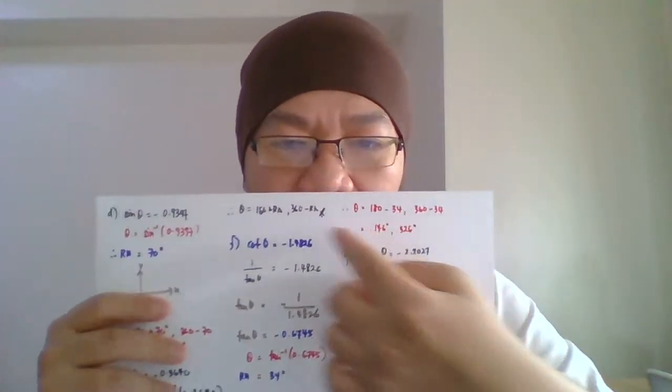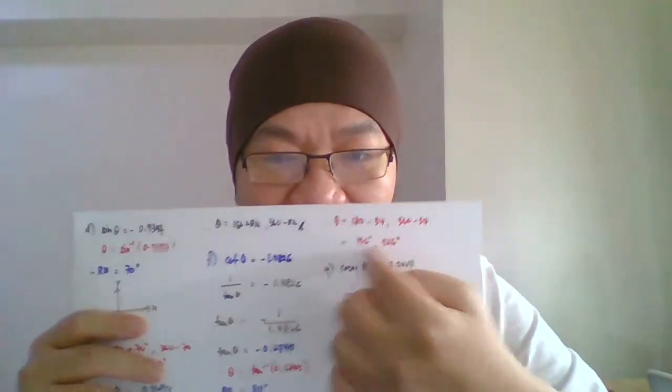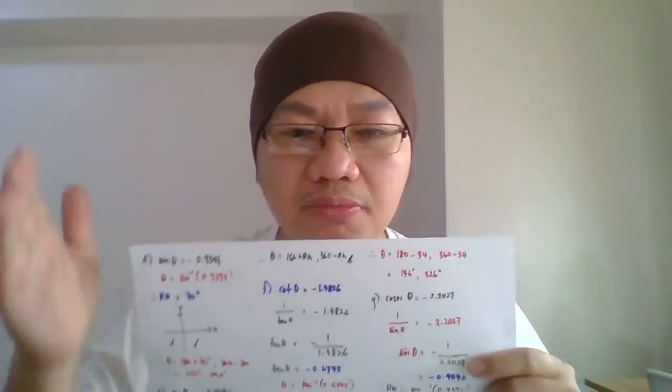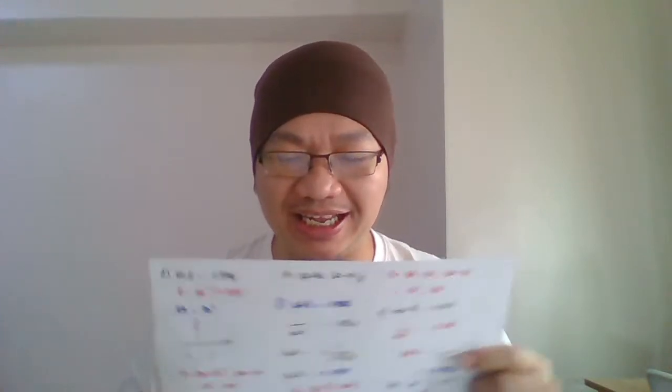I lupa nak remind korang. Jawapan. Okay, if you look at all my answers here, I always put the degree. Final answer I'm talking about, final answer, degree. What will happen if you forgot to put degree at your final answer? Sometimes people make mistake, not because they don't know, but actually they know. Cuma mereka make a silly mistake, tak sengaja. So if you do not put the symbol of degree, normally, I rasa lah,